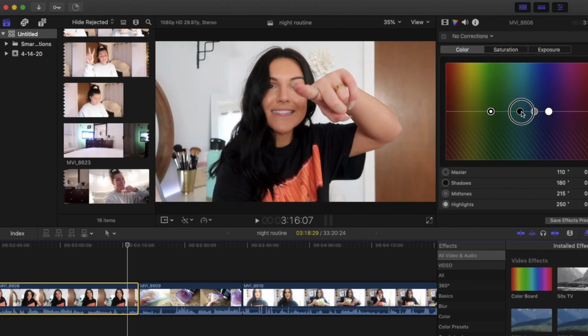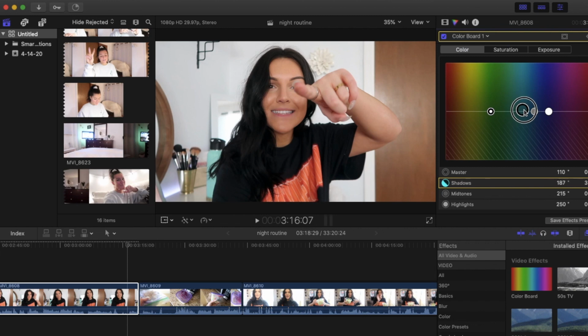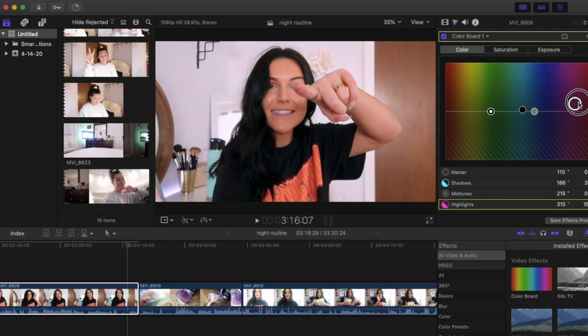I really never use big lighting things, and I usually always just film with natural light because it honestly just comes out the best on camera. So then I go in and I play with the color. I actually like to bring the shadows up like 3 notches and then move it into like the teal section,